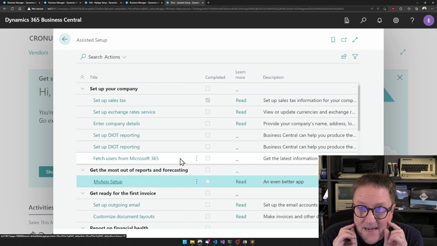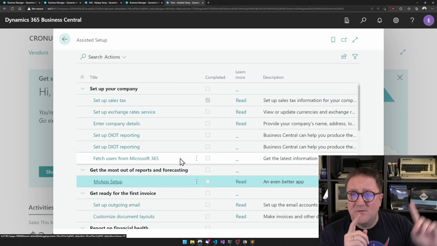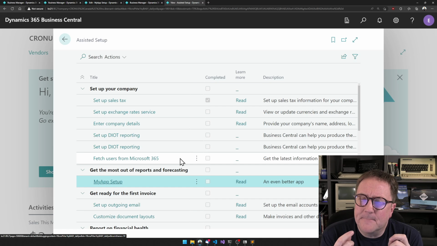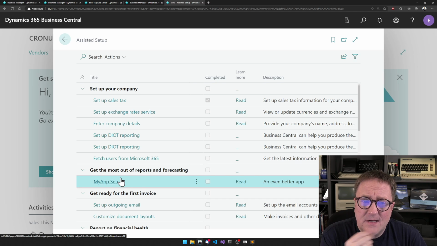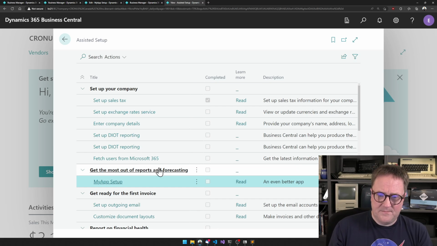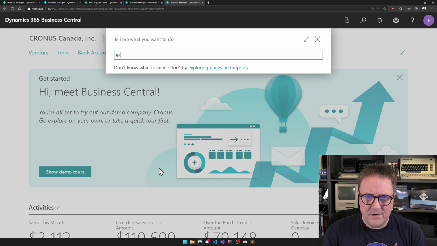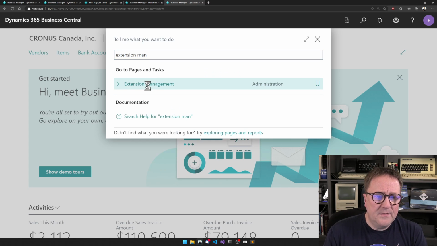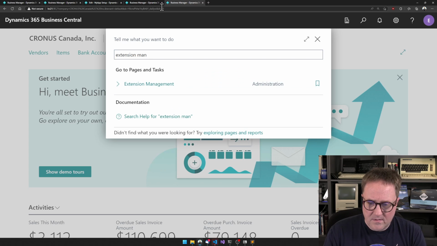This one has an added benefit, going back to what I said 20 minutes ago: now with version 21, if an app has a single assisted setup registered, then after you have installed the app, if I go here to extension management and look at all the apps that I have,